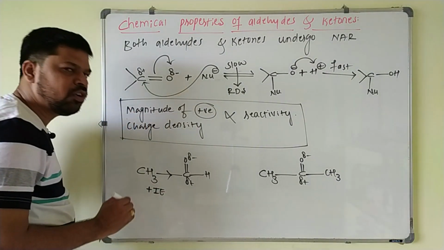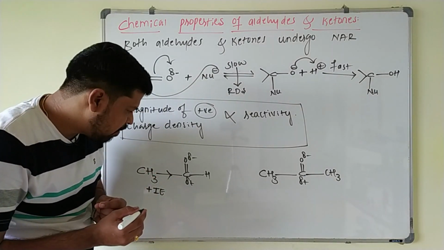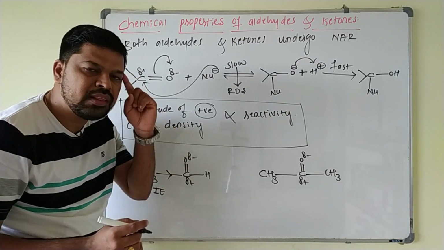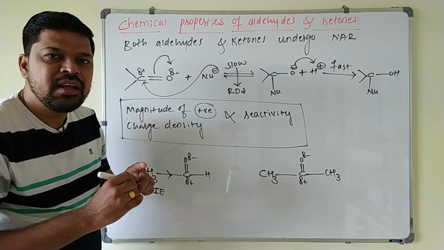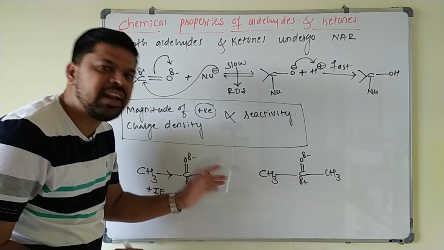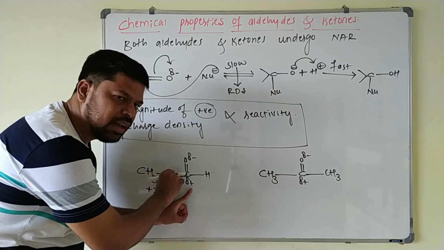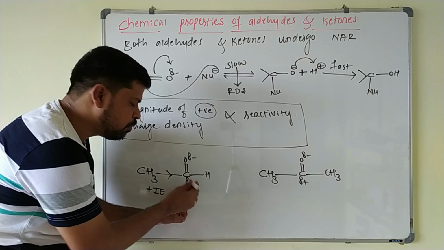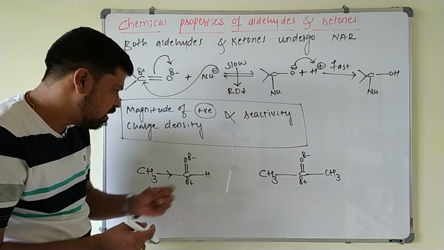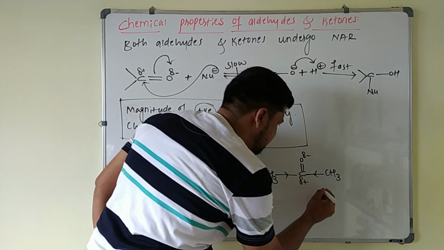Due to the positive inductive effect, what happens? Electron density is coming towards the carbonyl carbon. That's why here positive charge density on the carbon decreases. One thing you keep in mind, very simple trick. If the electron density is coming towards the carbonyl carbon, its reactivity decreases, because positive charge density decreases here. Electrons are coming towards this one, and that negative electrons and this positive charge, they get neutralized, so that this positive charge density decreases here. Here also same thing, two methyl groups are there, they are releasing electron density towards what?